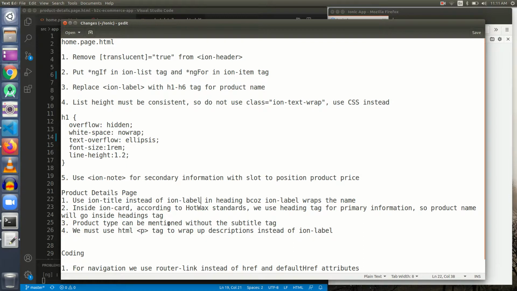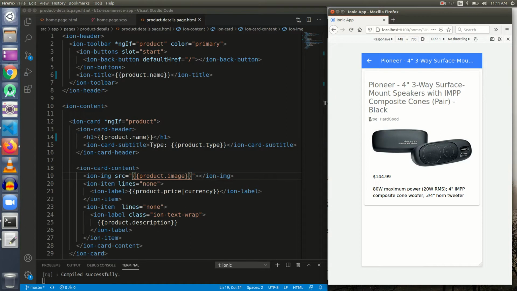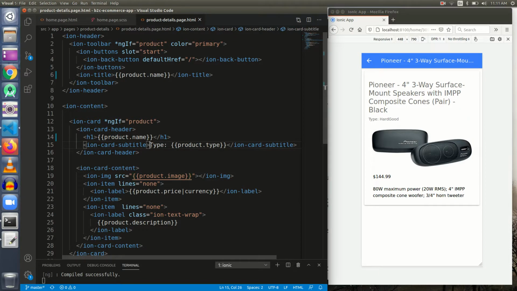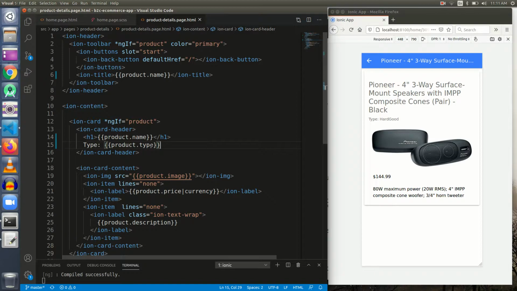And now guys, what is the next change? Product type can be mentioned without the subtitle tag. Okay, now why this? See, we have given here the product type is hard good, and what if I just remove this ion-card-subtitle? Will there be any change? That is the main thing. If I just remove it and I save it, see, there is no change.